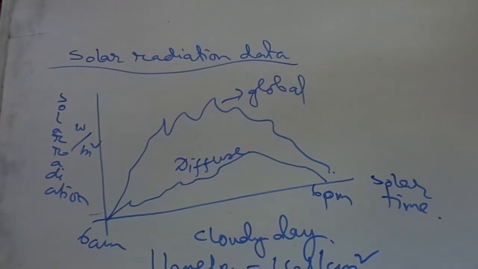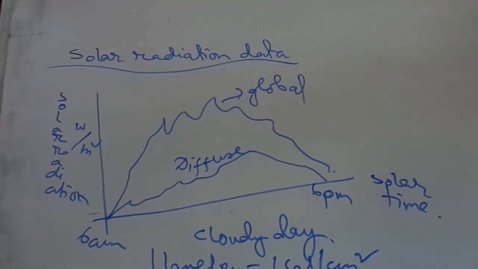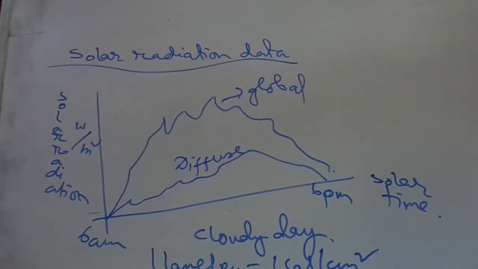Then our next topic, the solar radiation data as presented in three ways: kilojoule per meter square second, kilojoule per meter square hour, and kilojoule per meter square per day. The incident solar radiation is also a function of the orientation of the solar collector from the horizontal. A typical pattern of irradiation throughout a year.